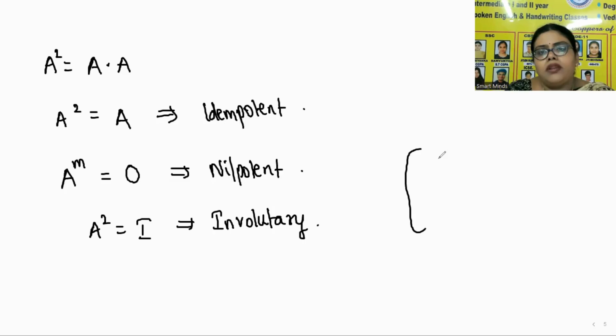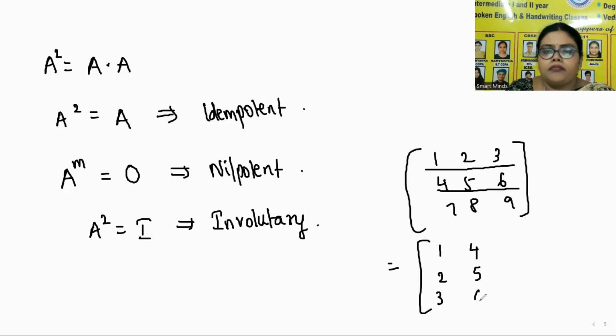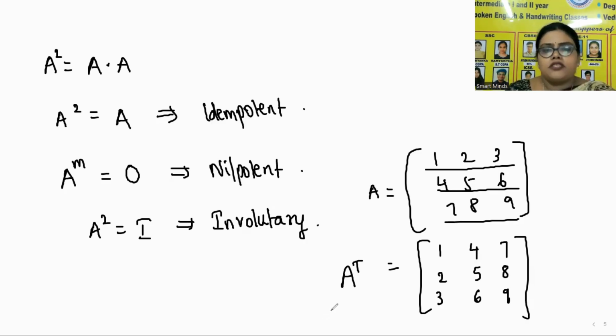Now let us see the transpose of a matrix. Very, very important. Transpose means interchanging rows and columns. So this row I will write in the form of a column. This row I will write in the form of a column. Then again this row I will write in the form of a column. So if this is A, then this will be A transpose. Because you have a square matrix, there is no change in the order, because this is also 3 by 3. This is also 3 by 3.